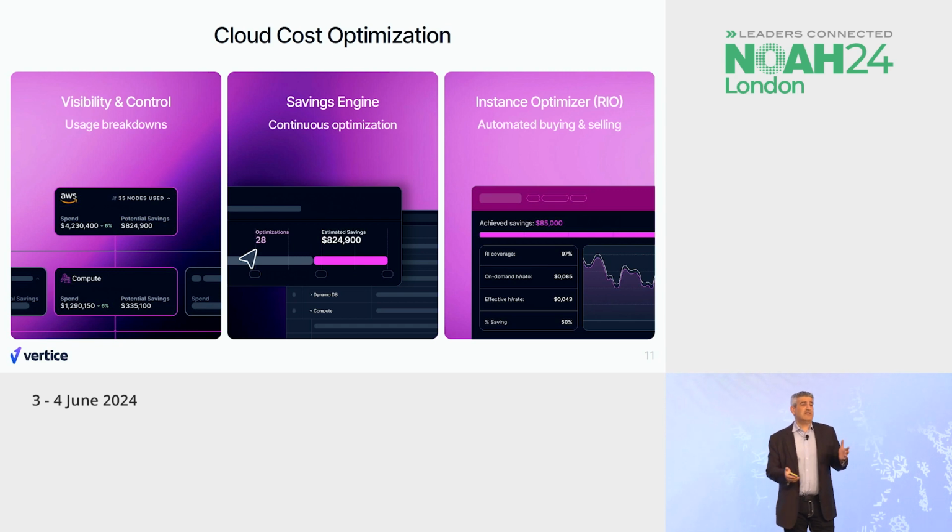Again, you've got to start with some visibility. What is actually going on in my cloud? How many instances have I got? Which regions? How much throughput is there? How much storage? How many RIs am I buying? And once you have that level of visibility, you can then begin the optimization, which we do through